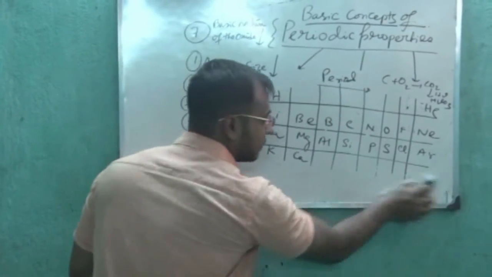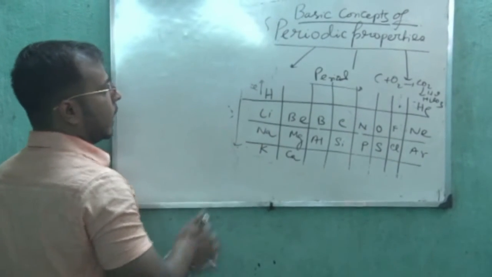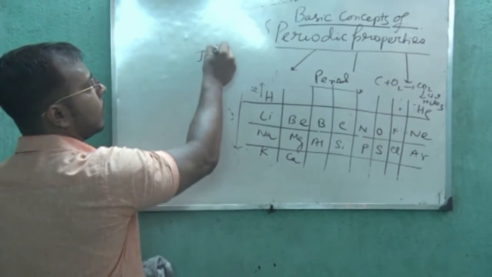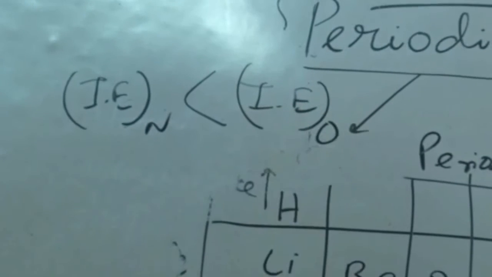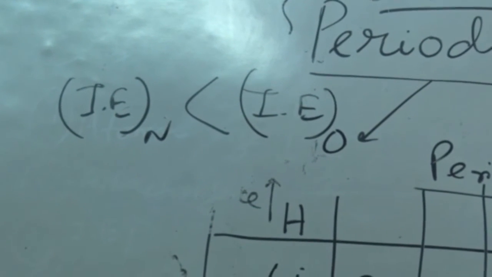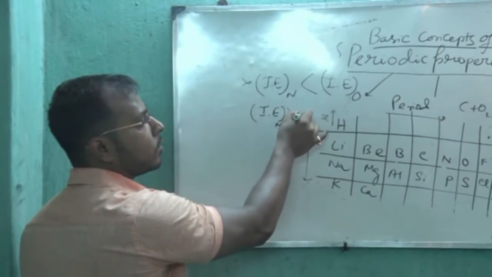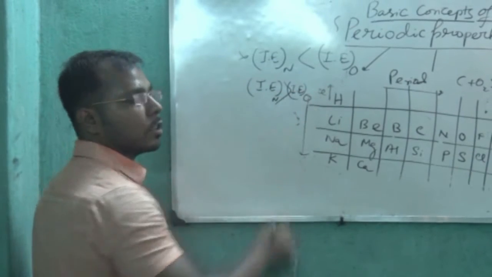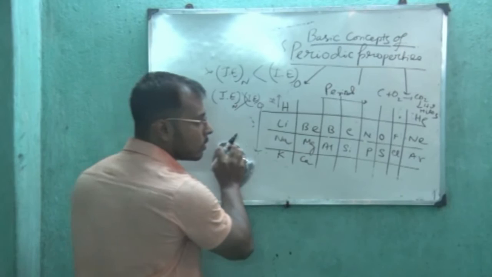In practice, we have seen that the ionization energy of nitrogen is greater than the ionization energy of oxygen. Why? Because